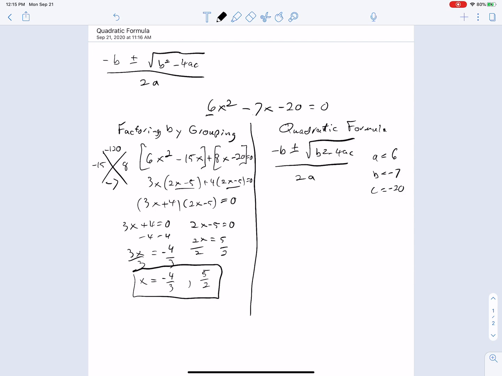So we're going to start with a negative 7 plus or minus the square root of negative 7 squared minus 4 times 6 times negative 20, all over 2 times a, which is 6. So now we can simplify this down and we work out our numbers. So this is going to be 7 plus or minus the square root of 49, and then a negative 4 times 6 times negative 20 is going to give us a positive 480